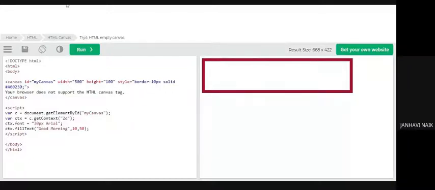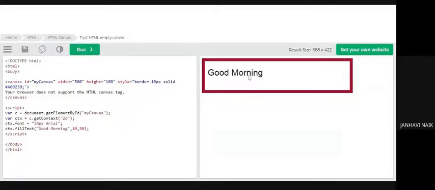Now tell me students, do you have any difficulty in understanding the script? The first line of script, that is variable C, what I am doing, I am calling the canvas which I have declared. Second statement, variable ctx, I am declaring another variable and giving it a reference to the variable C which I have declared. I am changing the font of it, I am changing the location, and I am giving what text has to be inserted. Now, when I run this particular code, what happens?